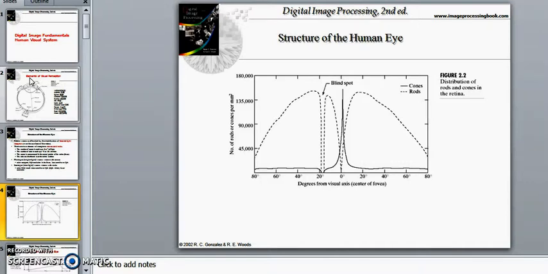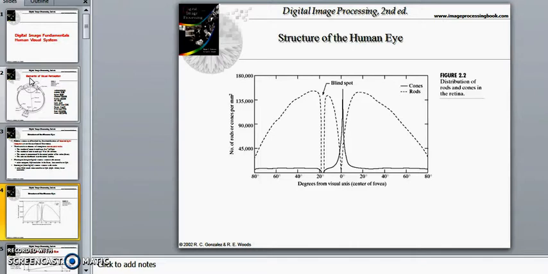We can see that one type of cone is almost exclusively active in the region of 400 to 500 nanometers, and hence enables us to perceive colors in the violet-blue part of the spectrum. The other two types have only a slightly different response curve and enable us to see colors in the spectrum from